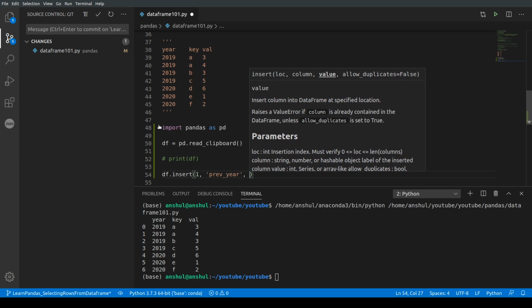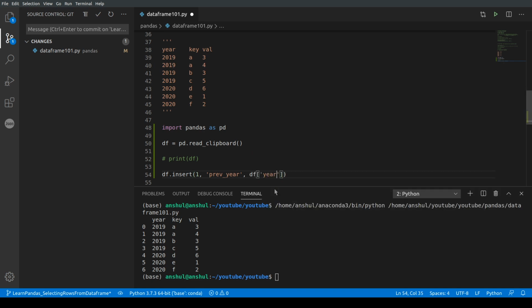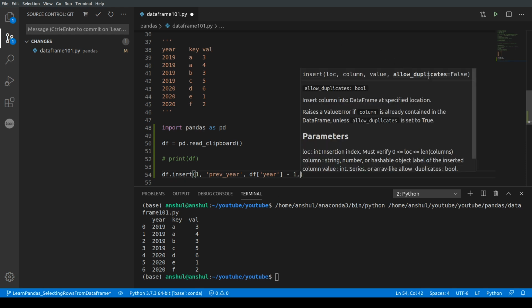What we want to do is basically previous year will be 1 year less than the current value of the year field. So I will say year minus 1. Allow duplicates is something for when there is a column that already exists by the same name.